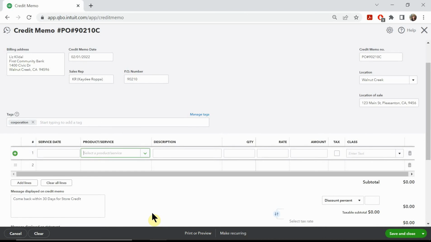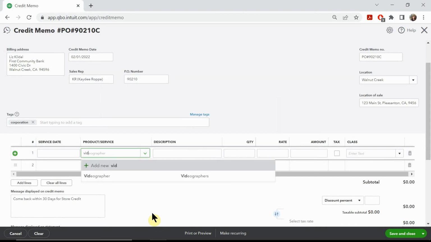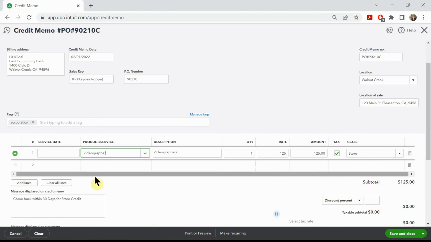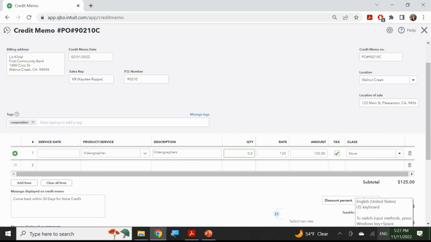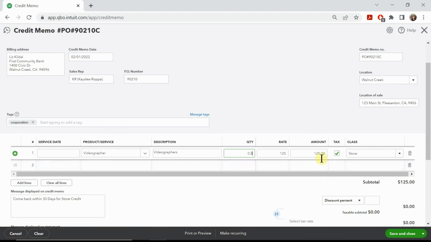Now, again, what is the item or service that we are refunding? It is for the videographers. Okay. All right, here's your description for 0.05. You do not need to put a negative number here. Why? Because we already know this credit memo is going to decrease the accounts receivable. So in this case, we're just going to put it in exactly like this as a positive number, right? We're going to refund her .50 hours. Okay, so therefore a total of $62.50, and this is non-taxable because it's a service, and we have it